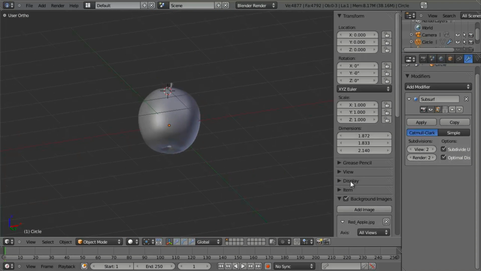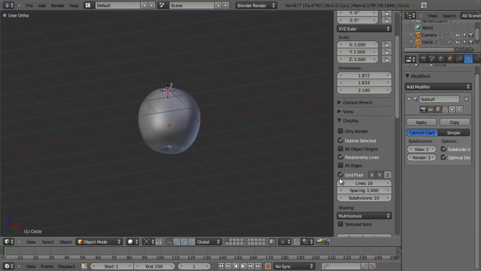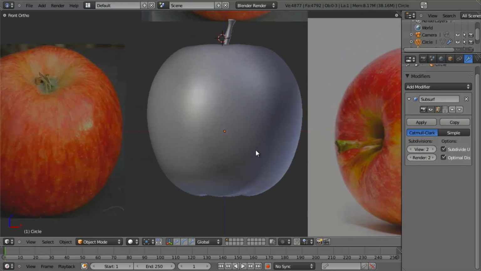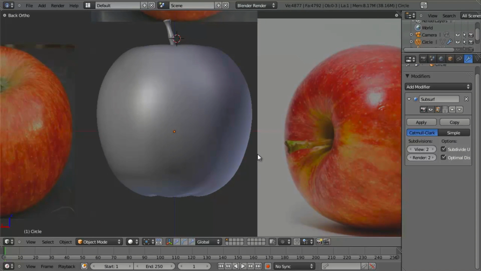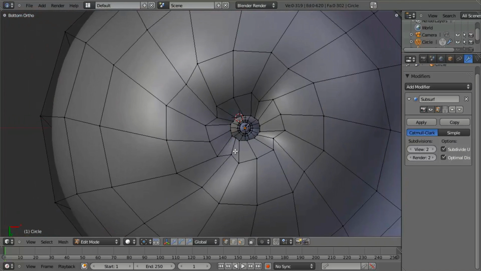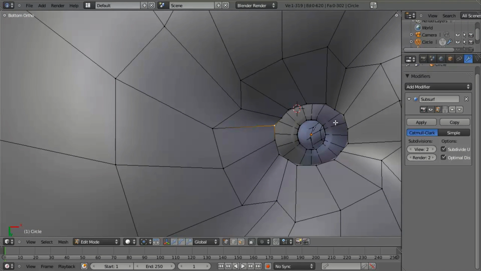I'm going to go in and just under my display category, just go and turn off the grid floor. I just find it distracting. Okay, we're almost done here, but let's go ahead and look at the bottom. And what we want to do is create this effect in here. So the way that I'm going to do this is I'm going to just work on one area at a